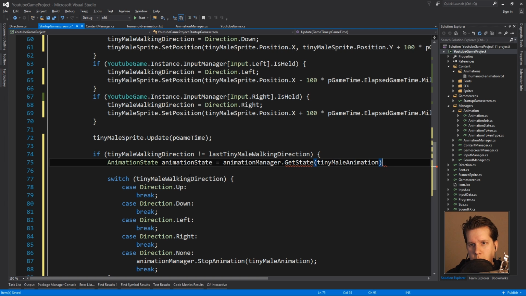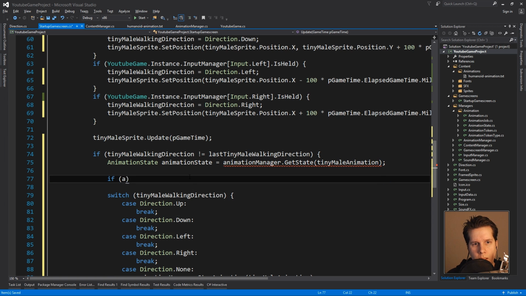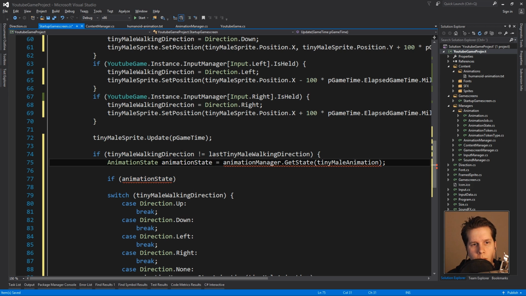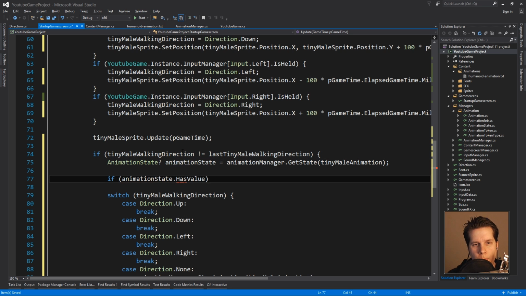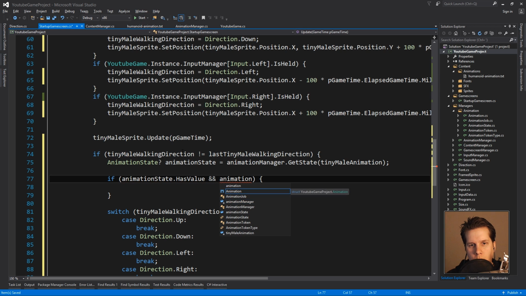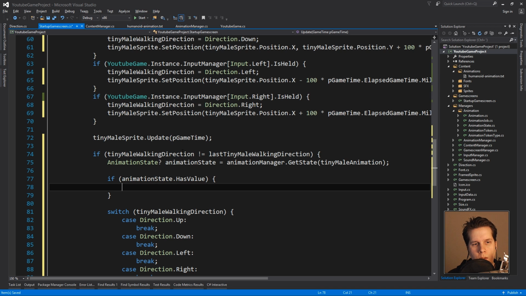Tiny male animation. So, if animation state, did I mess something up here? Oh yeah, sorry, I forgot the question mark to make it a nullable object. So if we have a state, and we could say and animation state. Actually, we don't care too much about what animation state it has. We'll just say animation